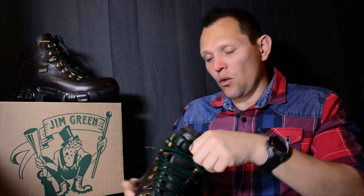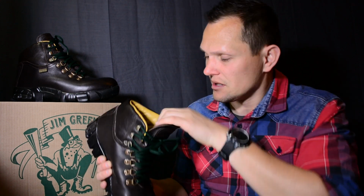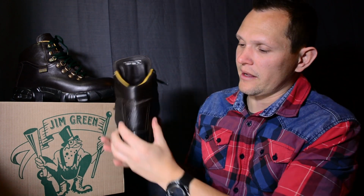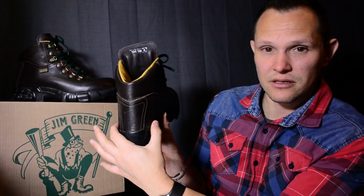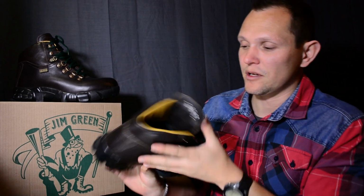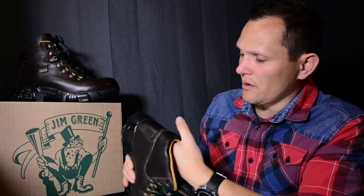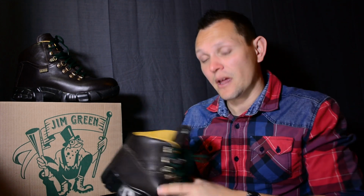And what I wanted them to do as well, which would be advisable, is that this yellow calf leather should have gone all the way down at the back on the sides of the boot. The reason for that is, I don't know if it's just me or anyone else, but the way I walk, my heels always scrape the material here at the back. To give you an example of what it looks like,